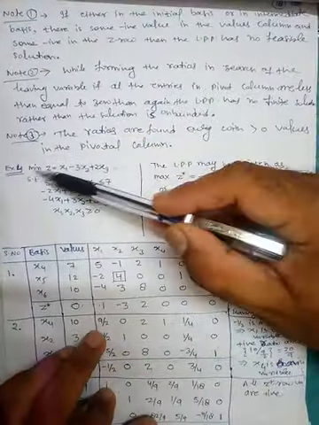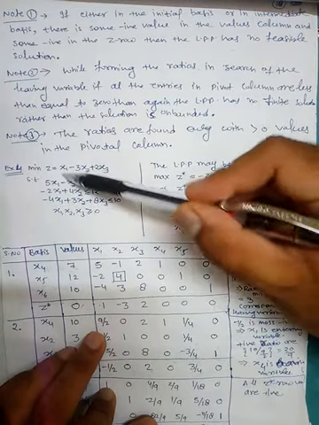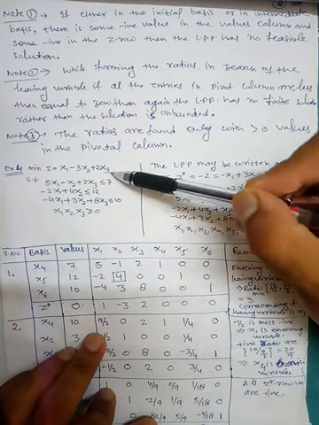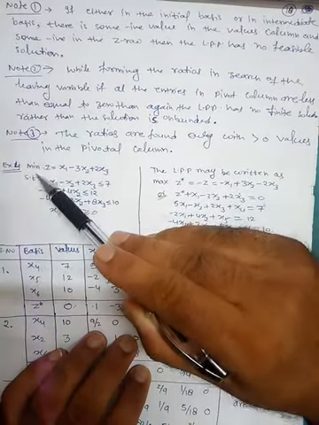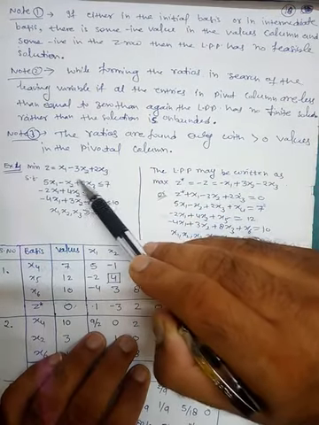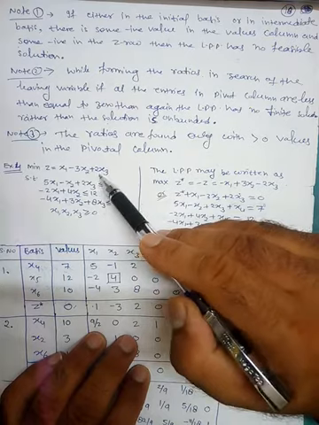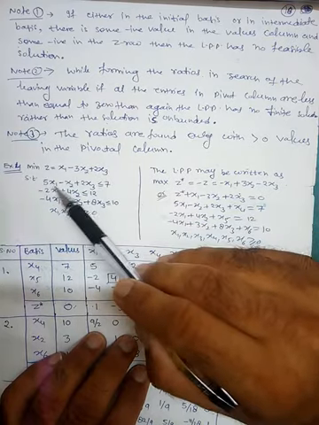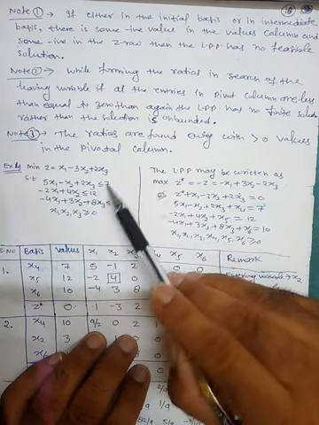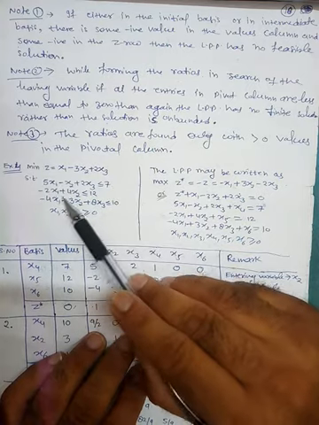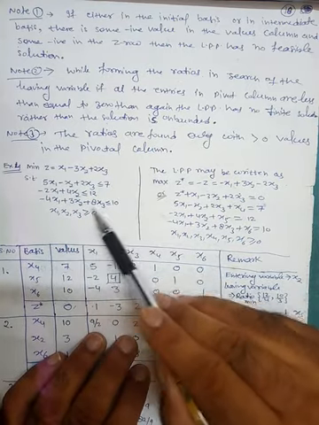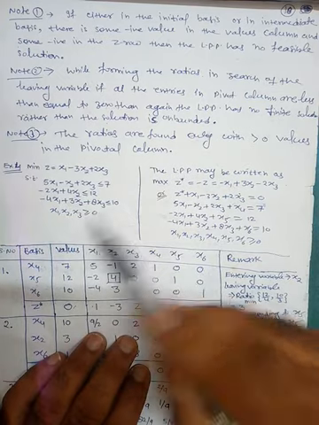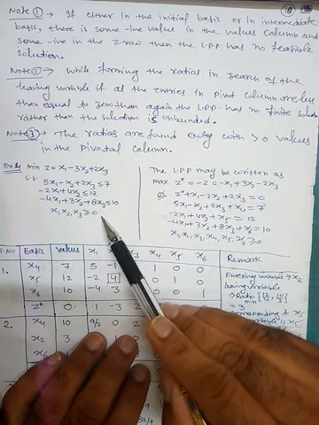This problem is minimization as well as the dimension is 3: x1, x2 and x3. Okay, so now we have this problem. Minimum z is equal to x1 minus 3x2 plus 2x3, subject to 5x1 minus x2 plus 2x3 less than or equal to 7, minus 2x1 plus 4x2 less than or equal to 12, minus 4x1 plus 3x2 plus 8x3 less than or equal to 10, and x1, x2, x3 greater than or equal to 0.